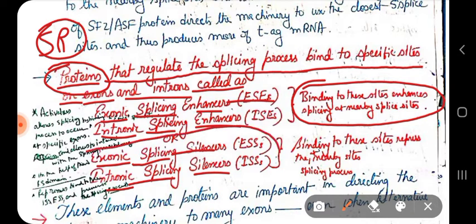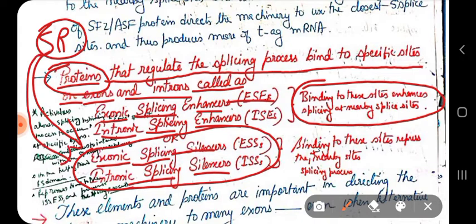If SR proteins or other regulatory proteins bind within this region, it will repress the splicing machinery from coming and binding to continue the splicing. It will prevent the splicing process. So this is how introns are sometimes retained,